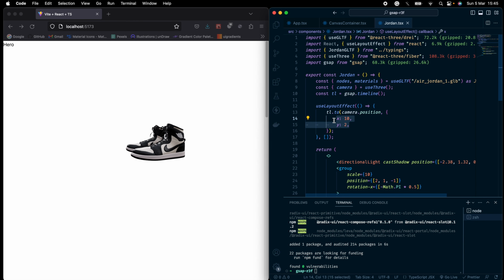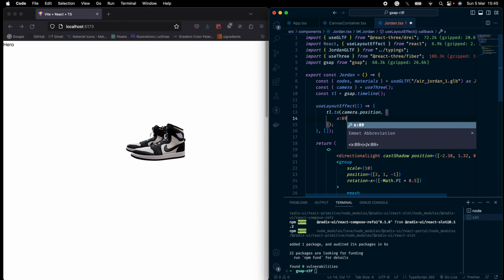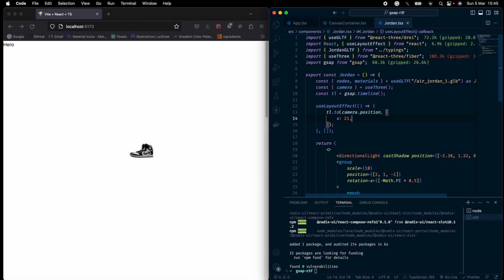But now what is happening is, as soon as I make a change here, 18 is too high, 21, the change is made at that instance itself. What we want is, when we scroll, at that time the animation should be made. So in order to do that,